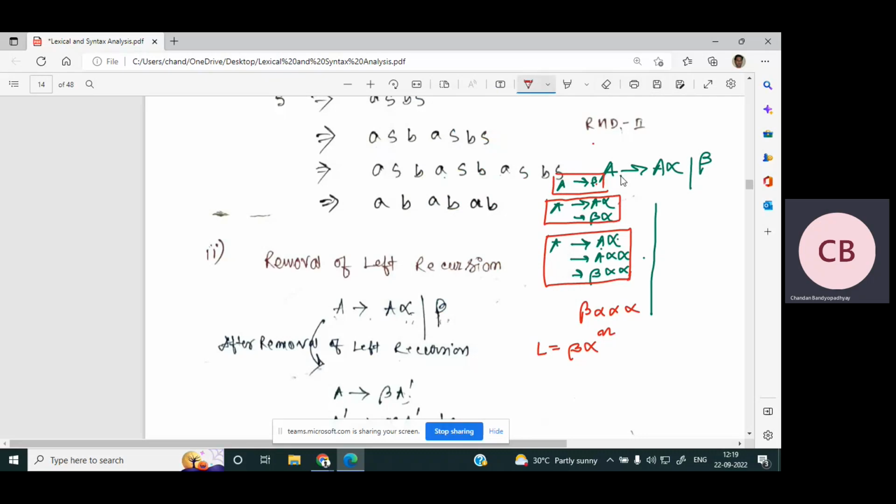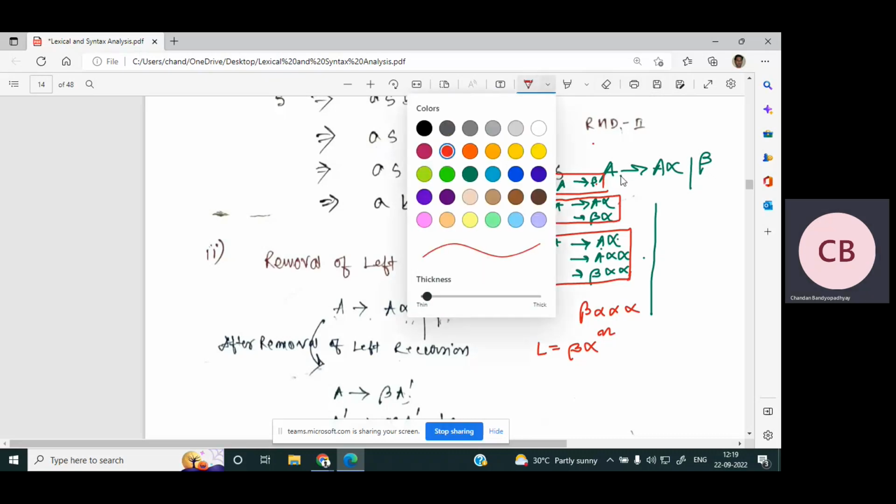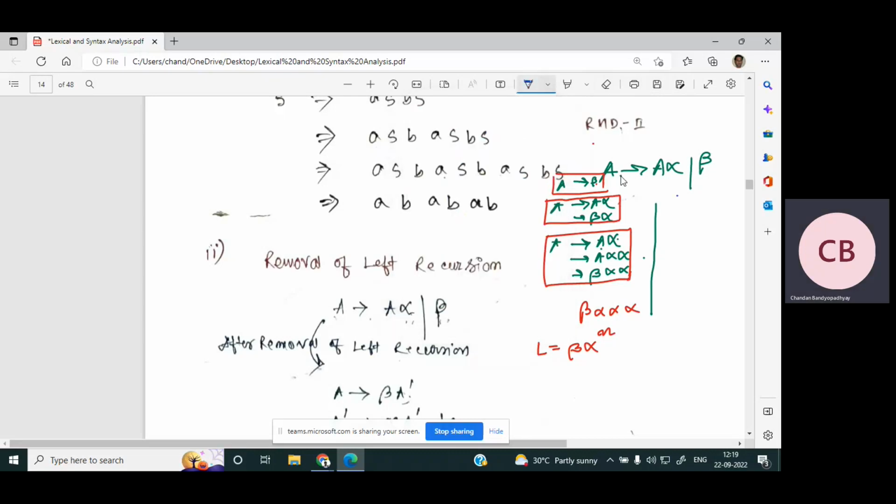Now your question is, sir, why are you coming back to the language again? You said you will not come. For this purpose only, just this time I will be coming to this language. Later I will never ever come to this language part again. Okay, now if A to A alpha and beta, this production is given, then if I am writing it in this way, A to